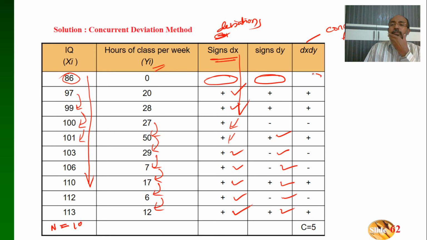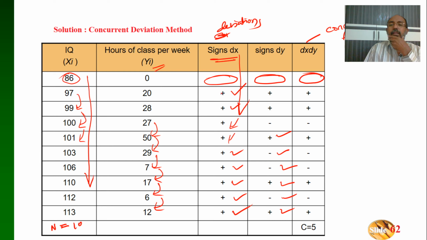Okay, as usual, the first line is empty, which means nothing, no symbol. Then the next line: plus into plus value, plus into plus value, plus into minus value, plus into plus value, then plus into minus value, plus into minus value, plus into plus value, plus into minus value, plus into plus value. Now consider only the positive values and leave the negative values.